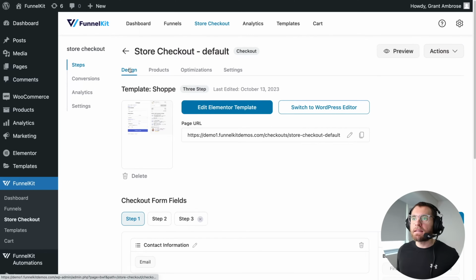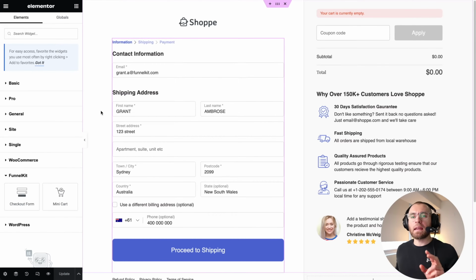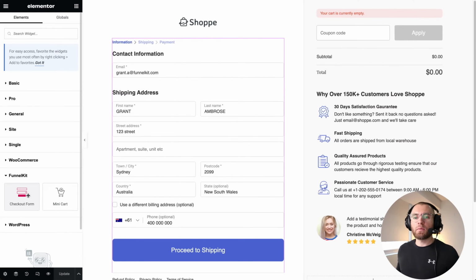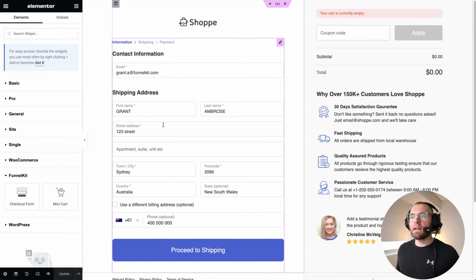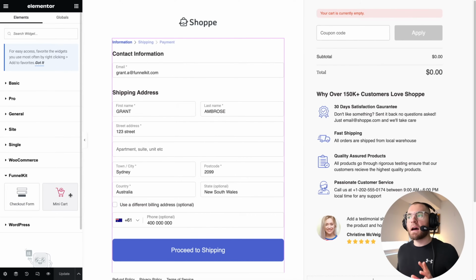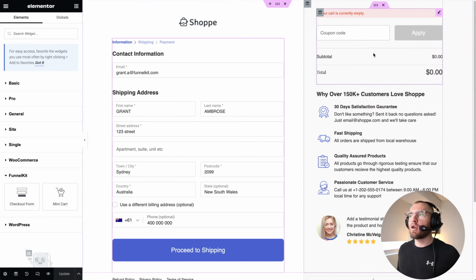And then under the Design tab, let's click Edit Elementor Template. Now inside of the editor, FunnelKit gives you 2 different widgets that you can use to build your checkout pages. The first widget is the checkout form, which is over here in our Shopee template on the left-hand side. And the second widget is the mini cart widget, which in the Shopee template is over here in the right-hand sidebar. So with those 2 widgets already here in our template, let's go ahead and start to customize our checkout